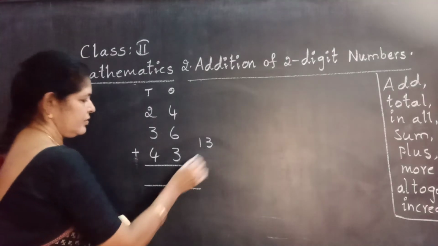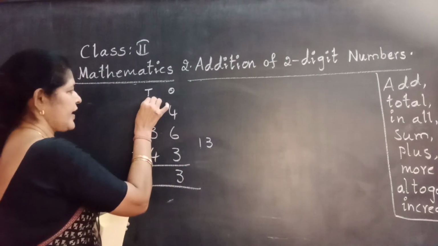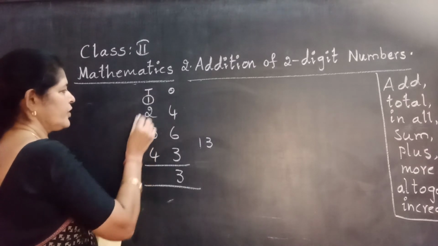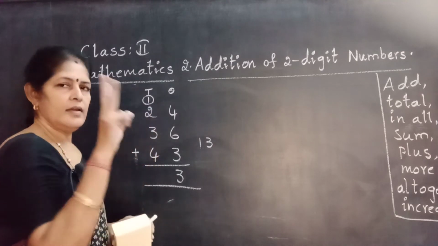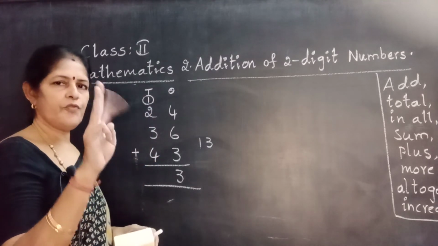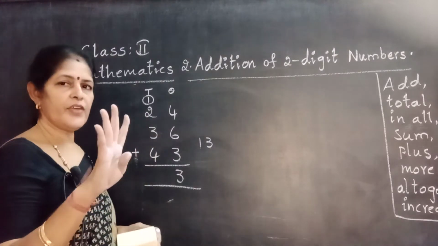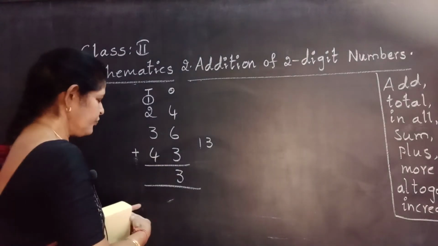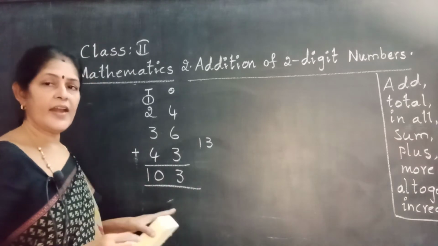2-digit number. Ones place number, ones place. Tens place number, carry forward to the tens place. Write above 2. Now 1 plus 2, 3. 3 in the mind. 3 fingers, 3 after 4, 5, 6. 6 in the mind. Take 4 fingers, 6 after 7, 8, 9, 10. 103. The total is 103.